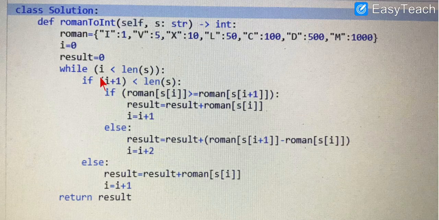So as I said, in the while loop, i should be iterated until before its length, because since it is starting from 0, the index would be pointing from 0 to length of s minus 1, so it should be less. So this condition is maintained because when we check, like if we consider the case of 4, we have only two characters. What if suppose we have one more character after that?